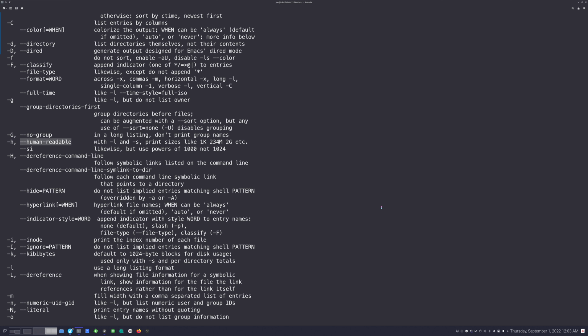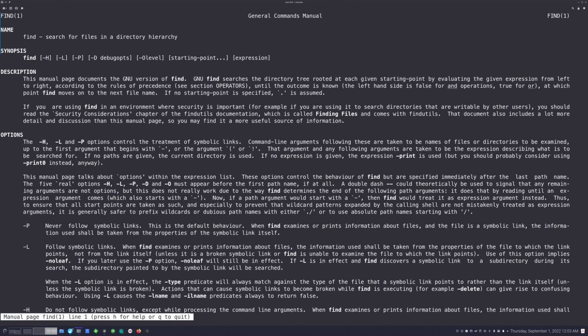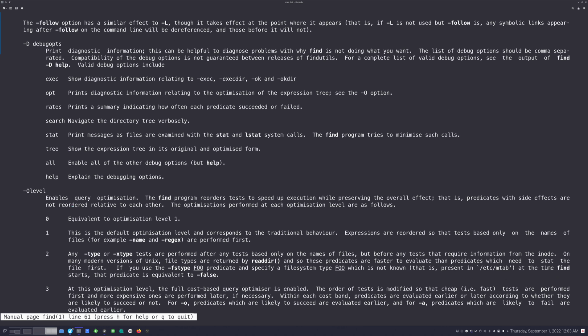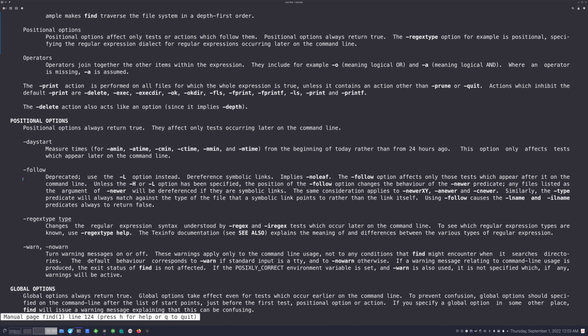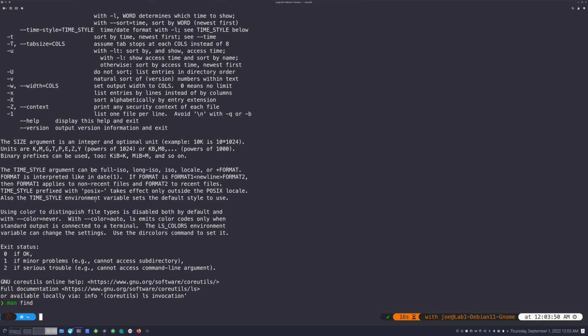But if we look at the find command, it is structurally much different, because you'll notice that all of the short switches here, they have -h, and then you have --human-readable for the long switches. But find, on the other hand, is much different. So if we look at the man page for find, let's take a look. You do have some short switches, but if you look down here, you can see we've got different parameters here, but they don't have a dash, and there is no short version of them. So syntactically, it's just weird compared to the other commands.